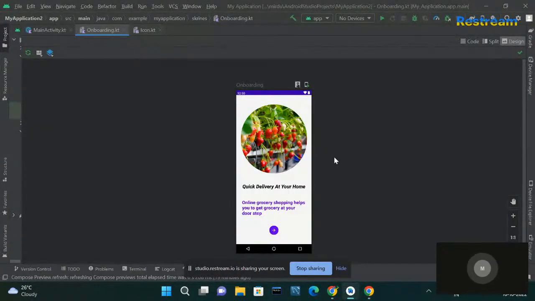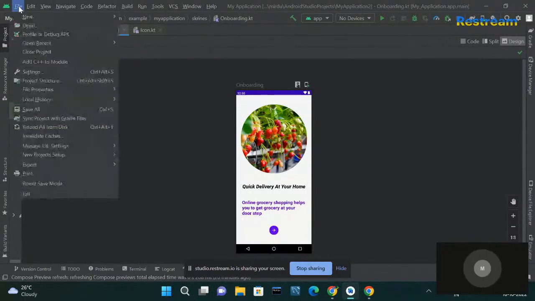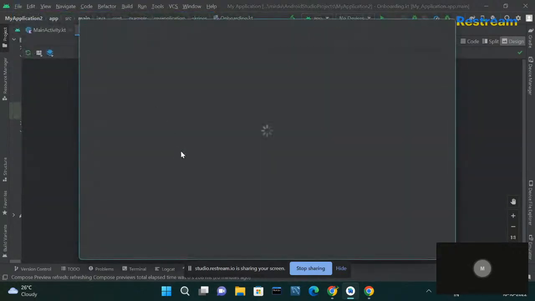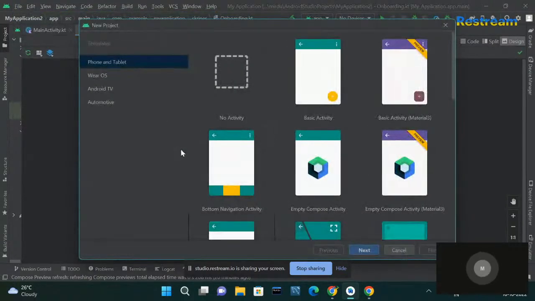You can just go to the recent project and click on the file option in the menu bar. When you click on the file option in the menu bar, you can see enormous options. In that, just click on the first option which says new. When you click on new, you'll get many things displayed. Here you have something called new project. So just click on this new project, and